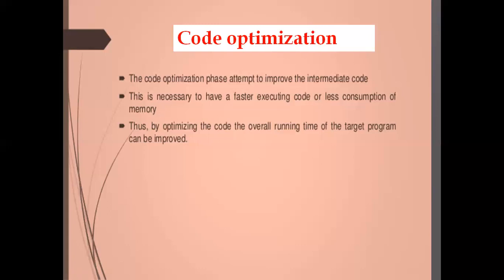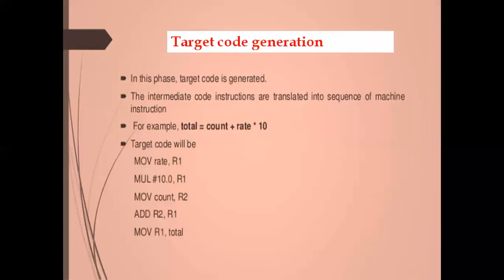In any program, there will be some little chance to optimize. So every time, code optimization will remove some 2 or 3 lines and improve the performance. Okay. So the main aim of code optimization is to improve the performance. After code optimization, it will generate the target code. That is, our target code is assembly language. So the compiler converts the pre-processed code to assembly language.